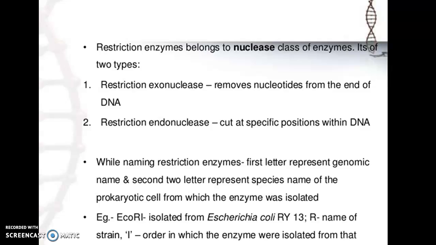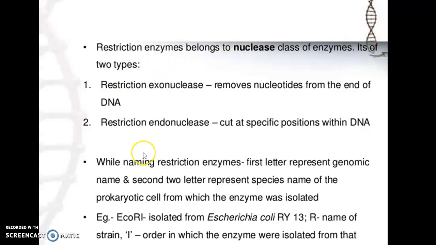How can one give the nomenclature or naming to the restriction enzymes? A restriction enzyme is named by a standard procedure with particular reference to the bacterium from which it is isolated. The first letter of the enzyme indicates the genus name of the host bacterium or organism, followed by the next two letters, which represent the species of the host in which it is observed and isolated. Second comes the strain of the organism. And finally, the Roman numeral indicates the order of discovery of the enzyme from the organism.